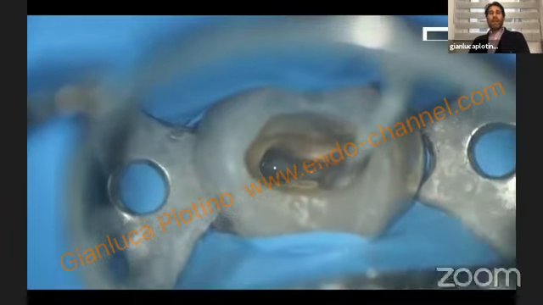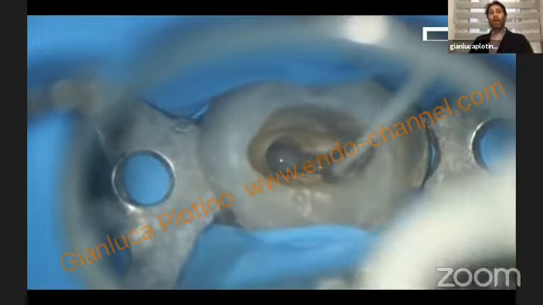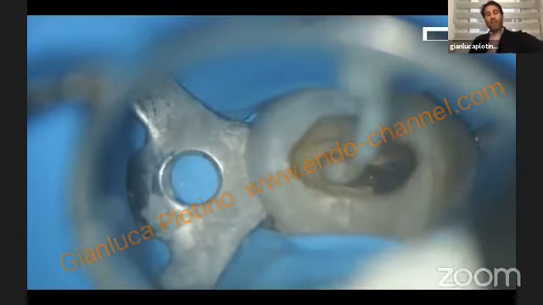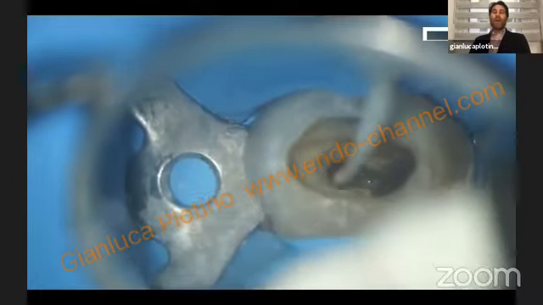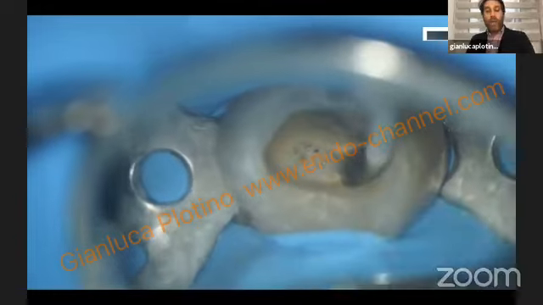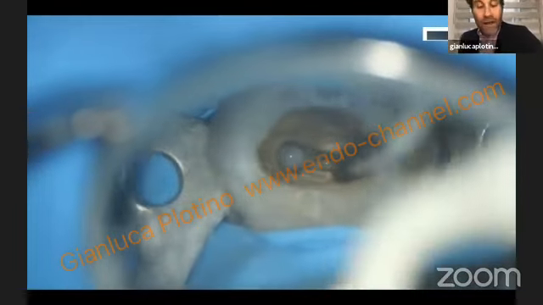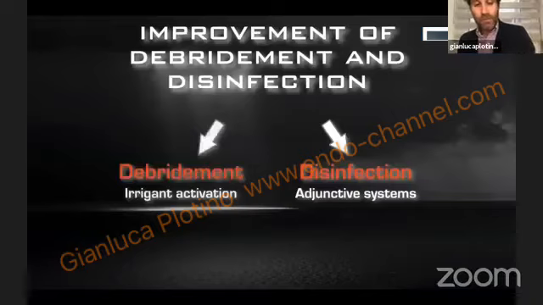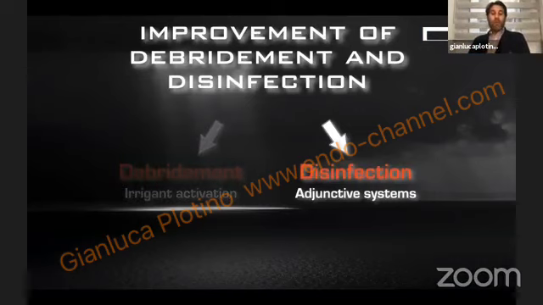But you can see this helps us to increase the cleaning and disinfection in the cases in which we are minimally invasive, in which we have restricted accesses, in which we have conservative root canal preparations. And then we can also use some adjunctive systems.